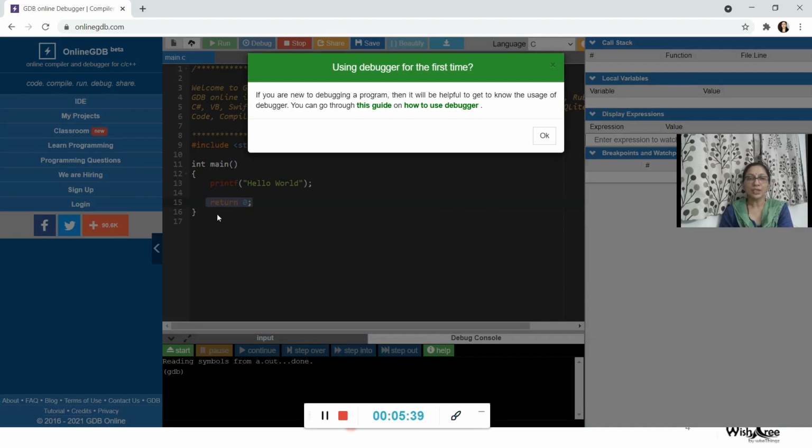Generally, the program executes line by line unless there are if-else statements or looping statements. So if I want to see what is the value of some data item or where the program is going wrong after which statement, generally the debugger is used.